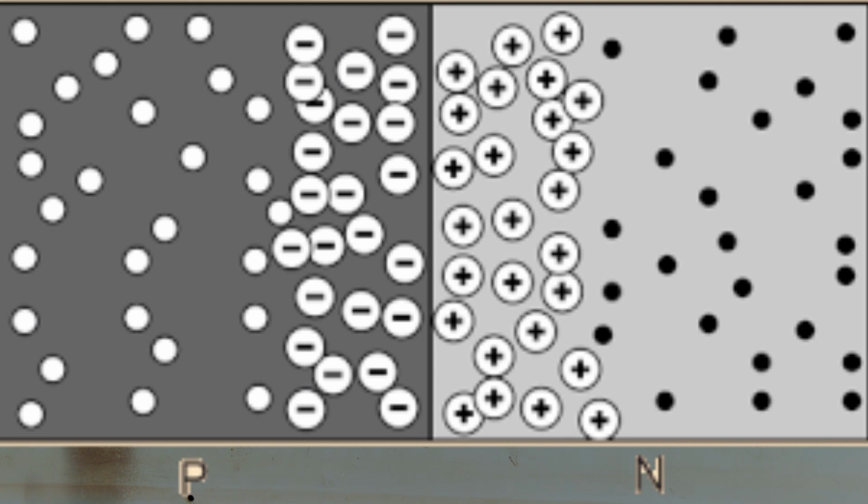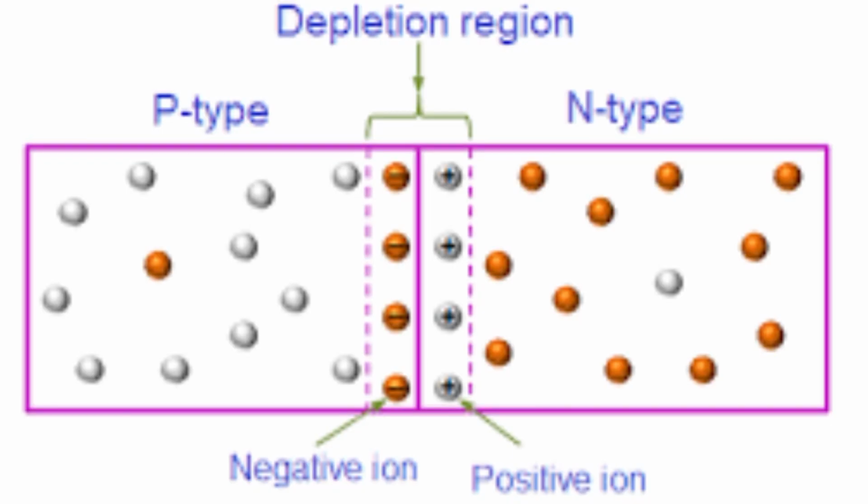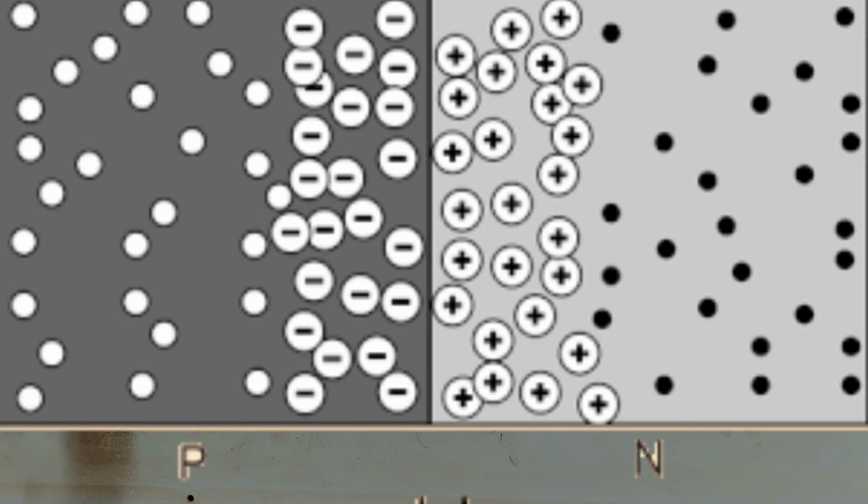But now, between this region, you have to understand that when there's a flow of electricity and it's reverse biased, the depletion region will be wider, widely opened. That means it will not allow the flow of electricity, or the flow of electrons, to go through. That's why they are saying there is a force. And now the reason why the electrons go this side and the negative goes slightly this side, then the positive, the hole, goes slightly to the negative part,